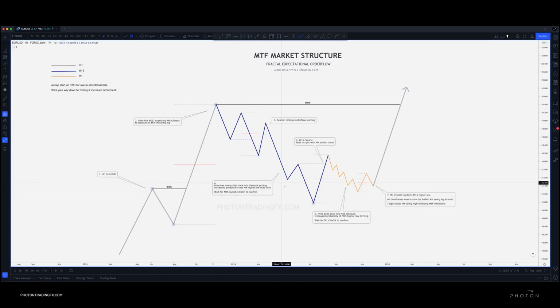Now, we don't know when or if the 4-hour higher low will form. It's just our expectation, okay? The M15 could stay bearish the whole time, and it could break this low, and then the 4-hour would then be bearish. But until that happens, we run with the assumption that it's more likely and more probable that a higher low will form. Now, to give us increased confirmation that a higher low may be forming,